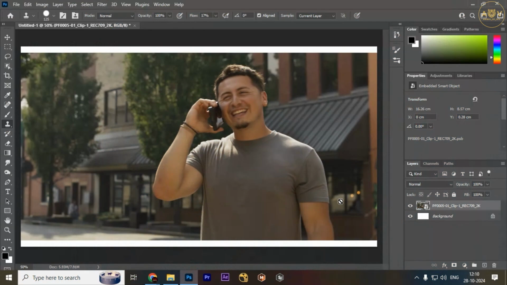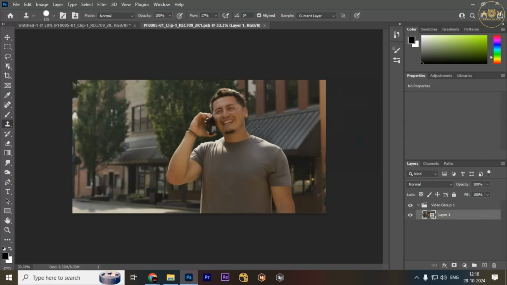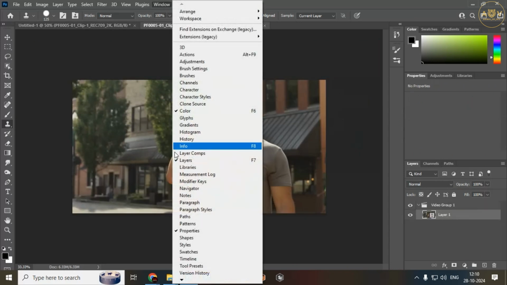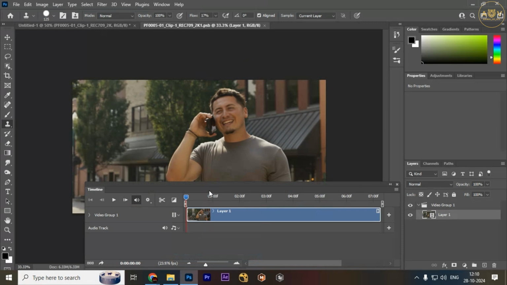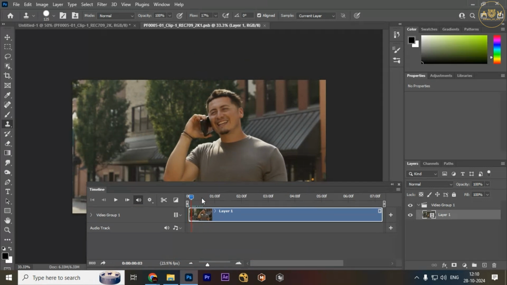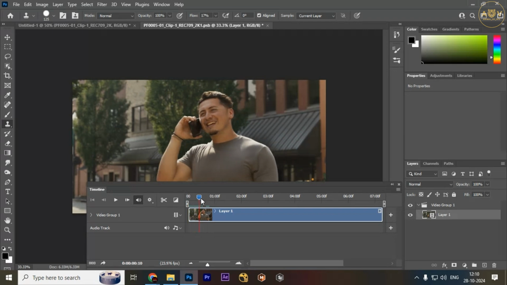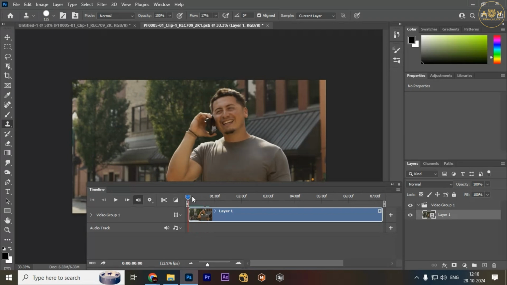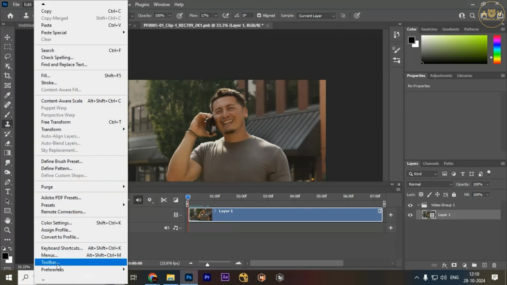Now let's start our video. I have this video, so just double click here. Now I have this footage. Let me go to this window and click this timeline. I have this timeline, right? Now I can't use any shortcut, because I don't have any shortcuts to go to the previous frame and next frame. So what I have to do is click this edit option and come to this keyboard